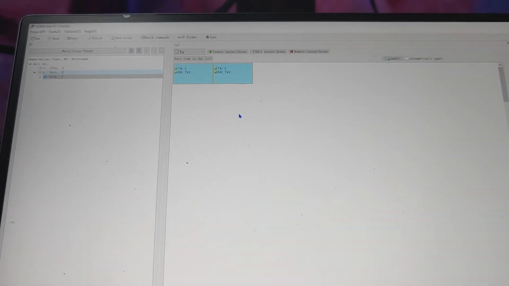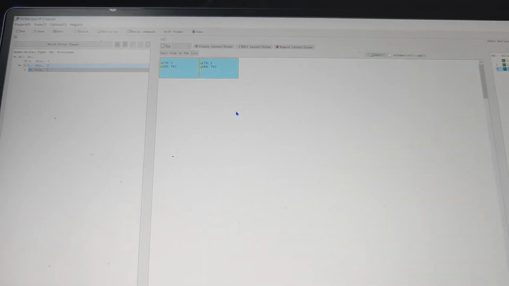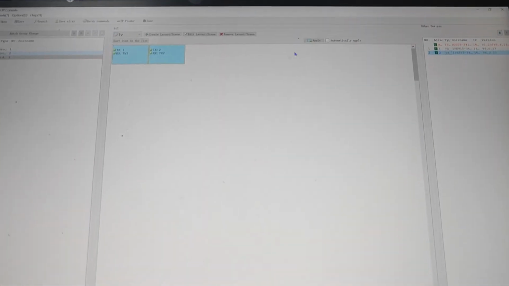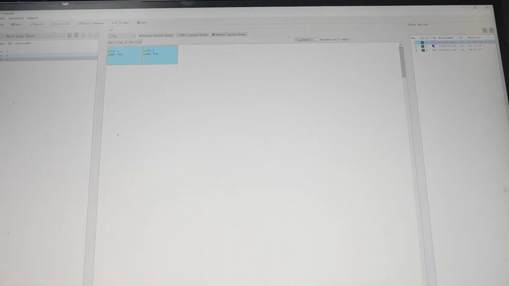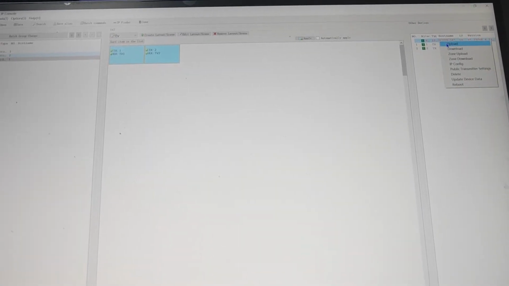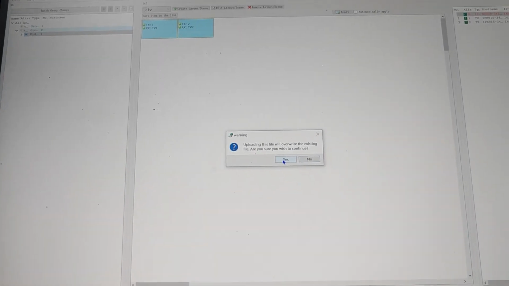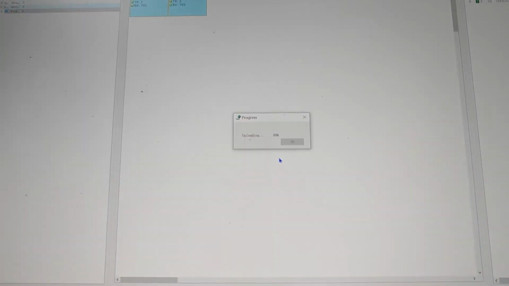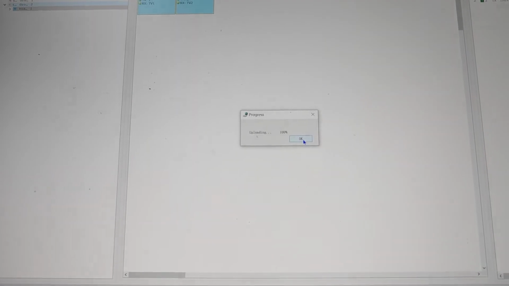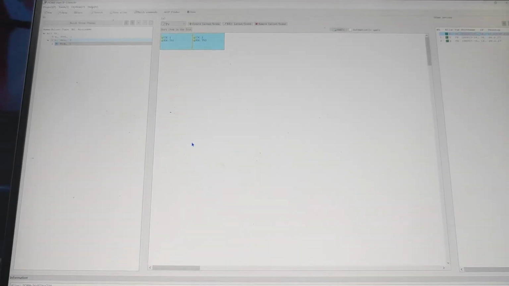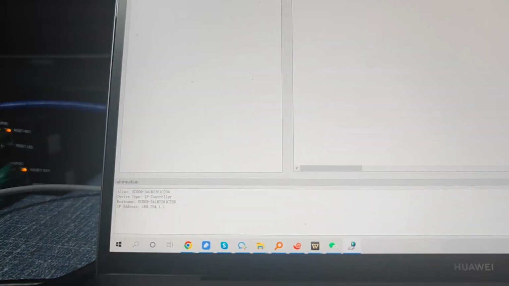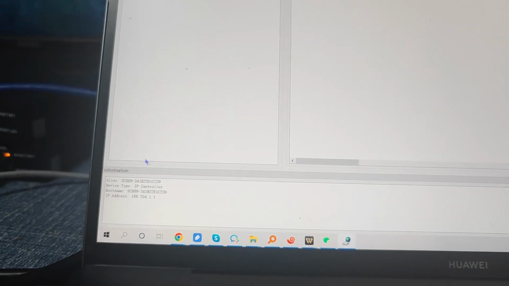After we've done these settings, next step we're going to upload to the IP control box. So we move the mouse to here, use the right click, upload. Click yes. It will choose 100%. OK button. So we will have the IP control box. The IP address of the IP control box is the